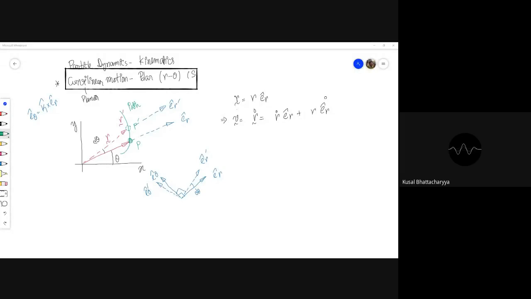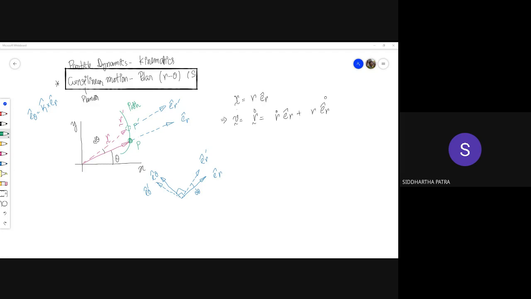Sir, here we are taking e theta cap as k cross er cap. Is it one kind of assumption? No, it's not an assumption. This is how we take right-handed systems. You can say that the polar coordinate system is the direct replacement for the Cartesian system that you have been taking. Unlike the NT coordinate system, there the normal direction has a certain purpose because the component of acceleration in the normal direction is always positive, and therefore